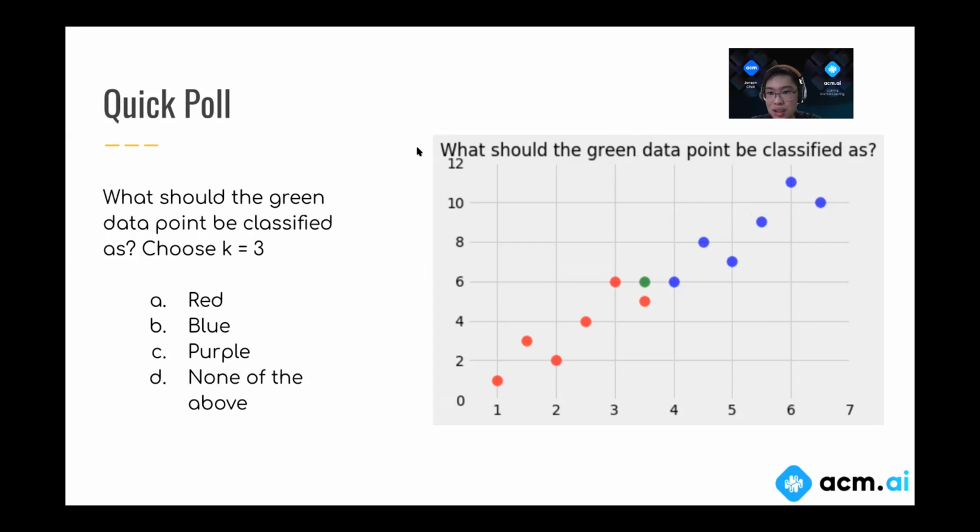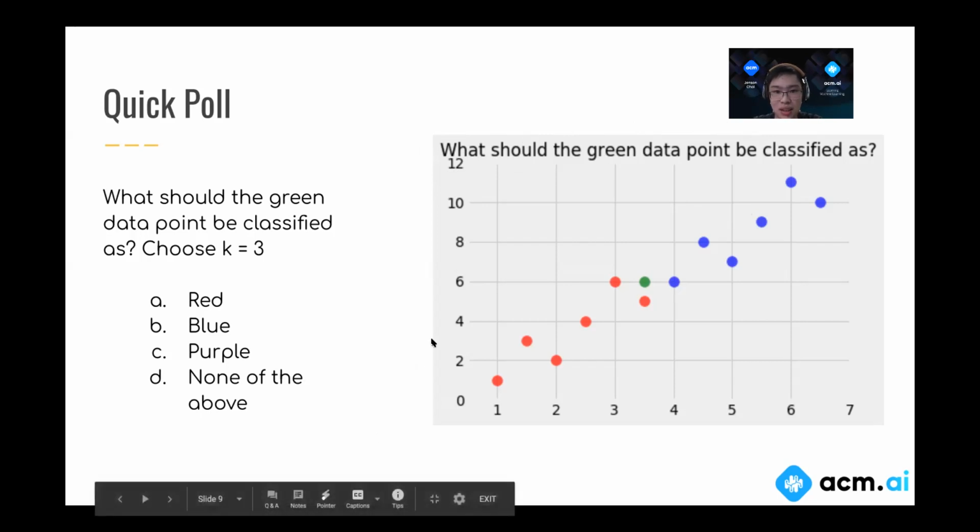And if you pick k to be the total number of data points, that's also problematic, because if you have more data points from one class than the other, then the new data point would always be